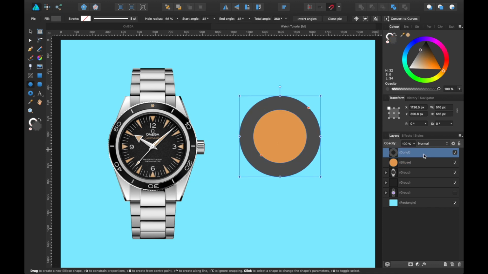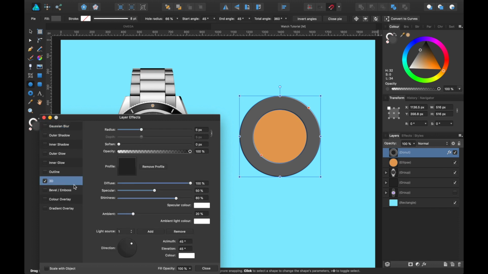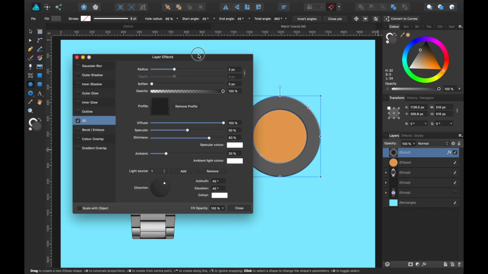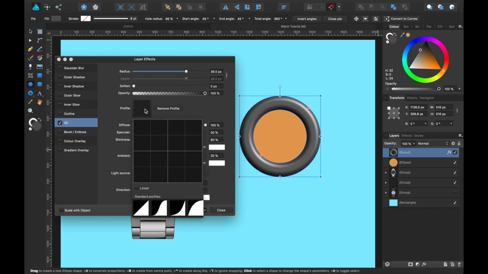Let's go to this one here, and what we're going to do is go down to Effects, and go to 3D. Click on that and make sure that is highlighted. And here you can see the options. For the radius, you can play around with this as much as you want, but the radius will make it more round. If you have a certain profile in mind, like you'd want it to have a bit more of a straight line around it or a bit more pointy, you can click on Profile